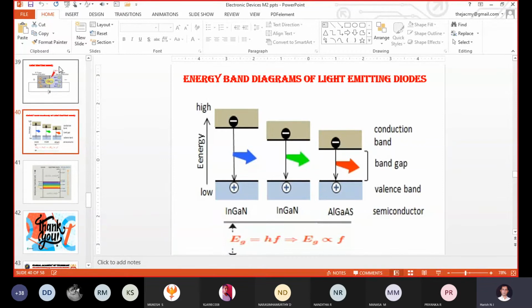In the second module, I have left only one topic, that is the photo detector. Photo detector is also called a PIN diode. Why I have left that topic is, if you know the concepts we learned, solar cell, photodiode and LED, then nothing is new in the photo detector. It is the same as the photodiode.